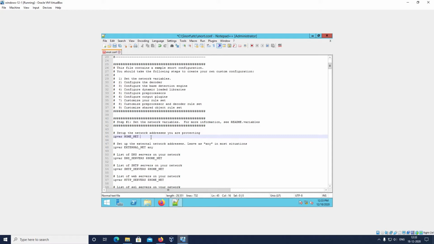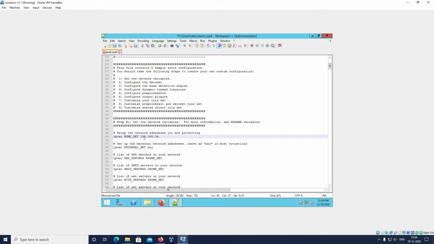So we are going to treat this as a server. This machine, this VM, is acting as a server. So we will give the IP address of this particular server VM, so that whatever intrusion, whatever traffic is going through the network, will be routed to this system, and we can observe the Snort traffic and the logs in this particular system.